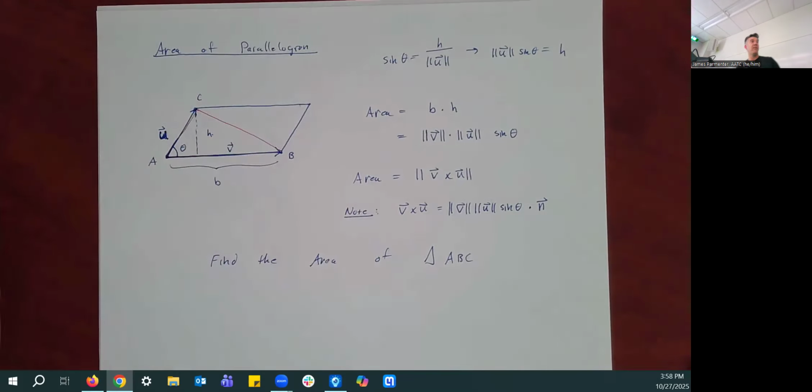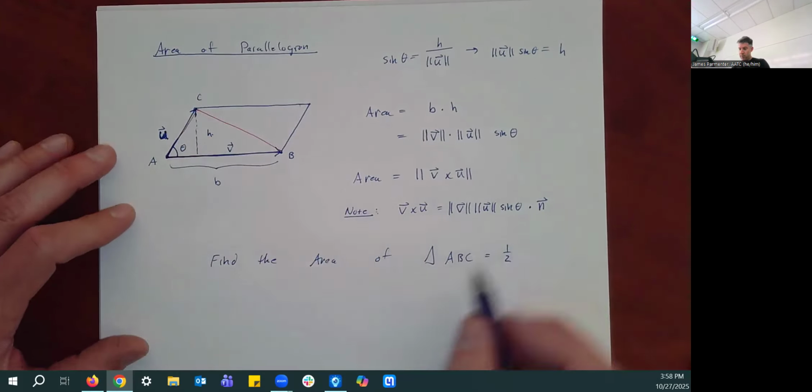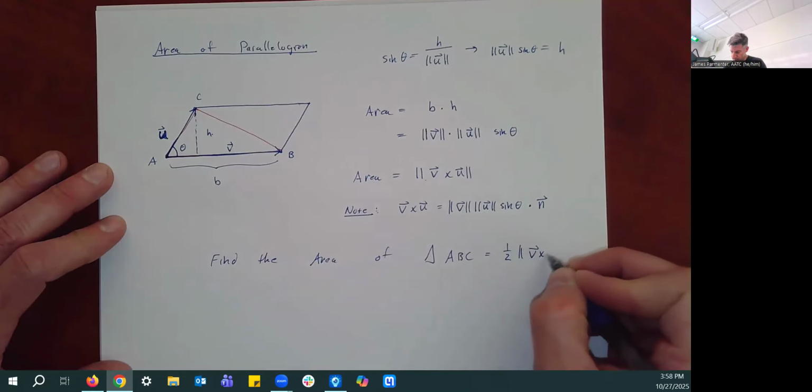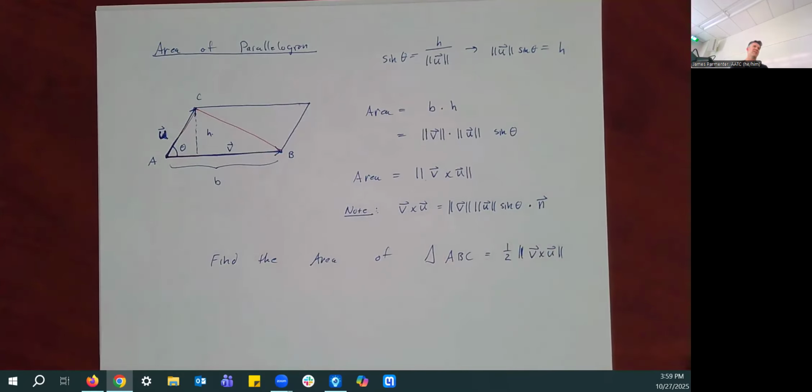It would be 1/2 base times height, which would be 1/2 the magnitude of the cross product. And that comes up, again, not a whole lot. To me, this feels like a very contrived thing, like, here's a thing you can do with the cross product. It's kind of neat. I'll stop there because